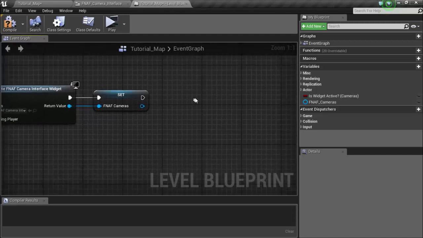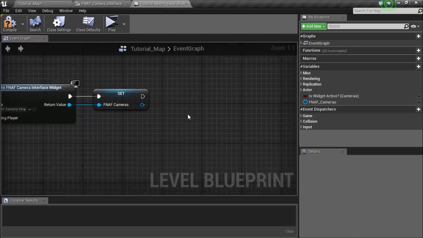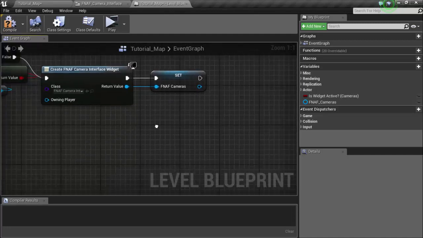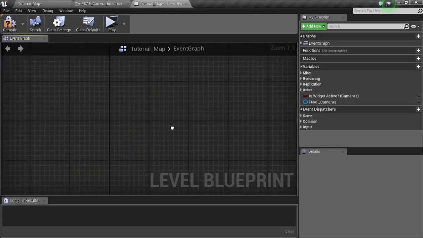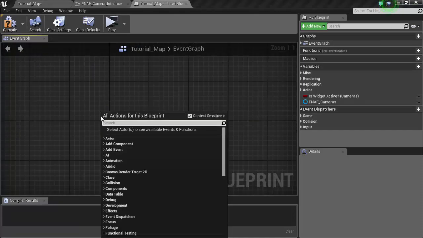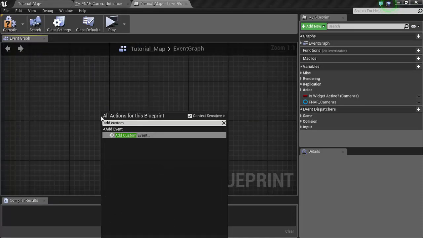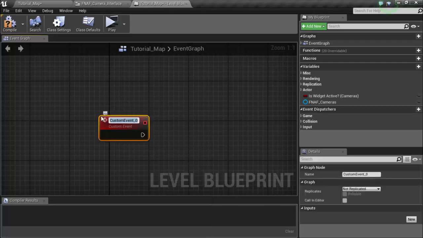Before we do anything else, let's just go all the way down here and then right click, add custom event. Now a custom event is basically any event that you want to make. It's basically creating your own event. That's basically what a custom event is. So now call it